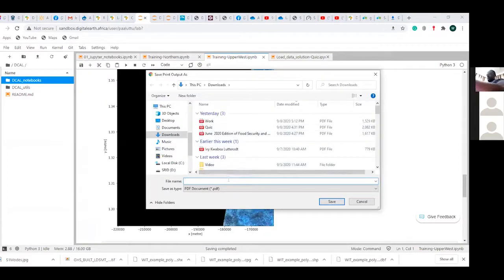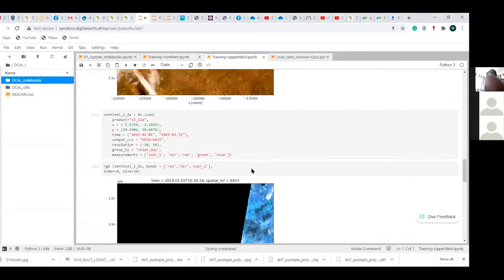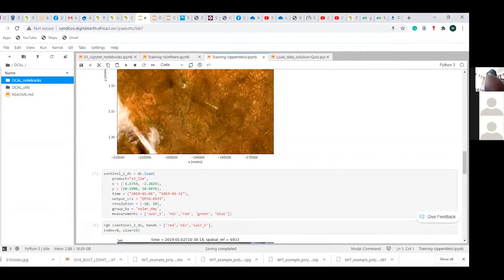Okay, Wallace, I would like you to do one thing for us. If you can go to the RGB part. Right now you used index 0. Can you change it to another index, maybe line 9?